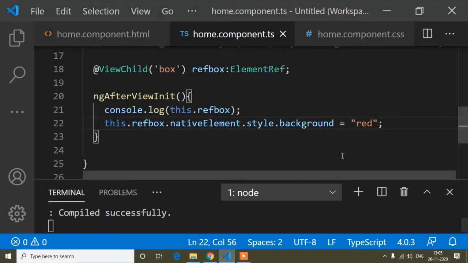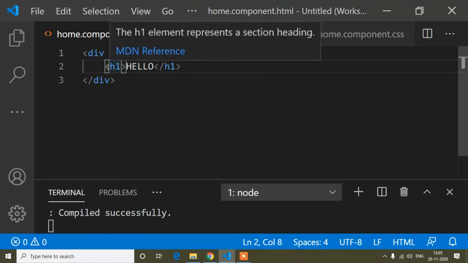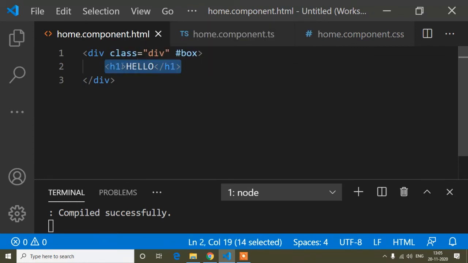So in the same way we can manipulate anything, like suppose now if you want to manipulate this h1 tag, so in the same way you have to add a template defined variable in your h1 tag, and this variable name I will write here h1 also.